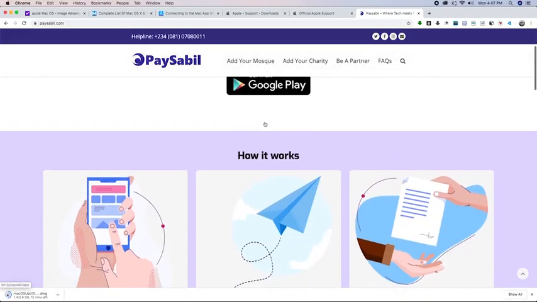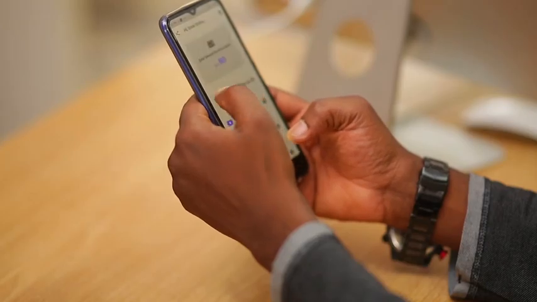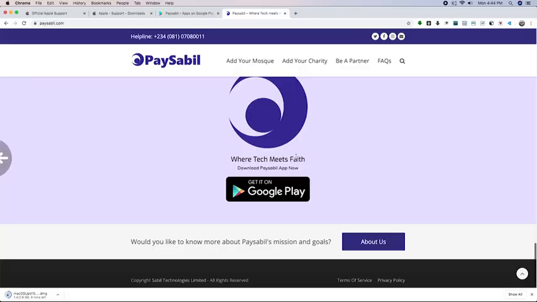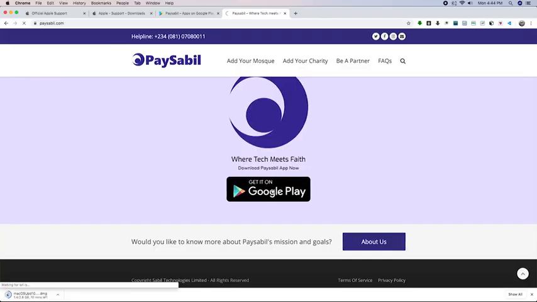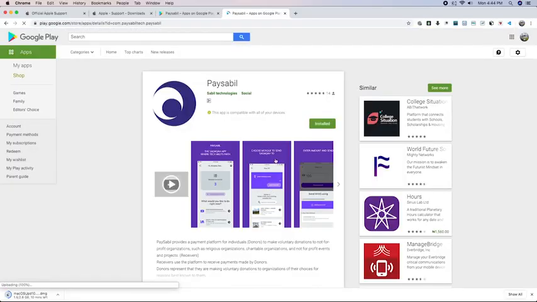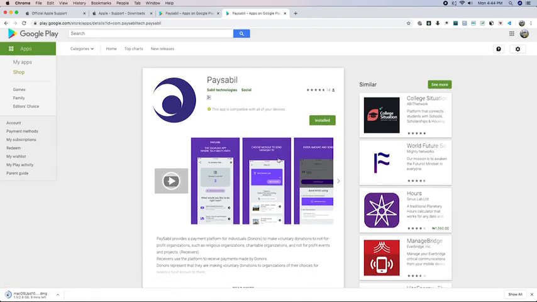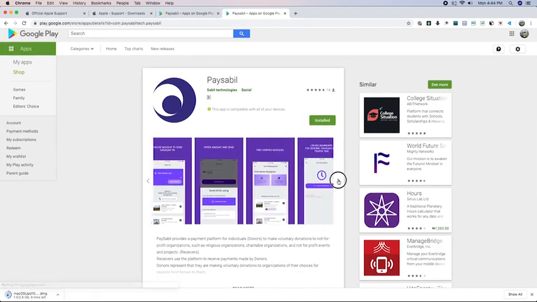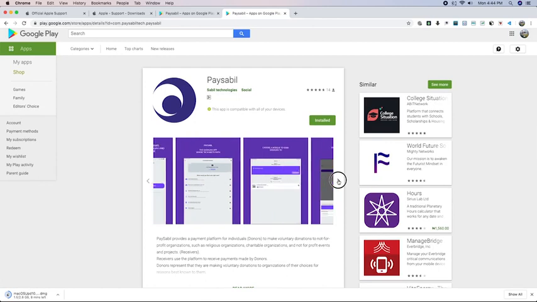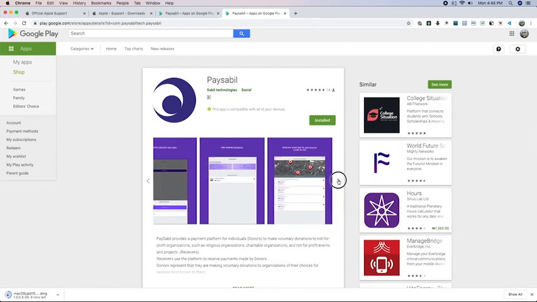PaySabil is a tech platform that we developed to facilitate effortless giving of Sadaqah and Zakat through your mobile phone or through the website. The mobile application can be downloaded on Google Play Store. It's robust, secure, very strong, and user-friendly. It's very simple. Download the application on Google Play Store, or go online to paysabil.com to facilitate your